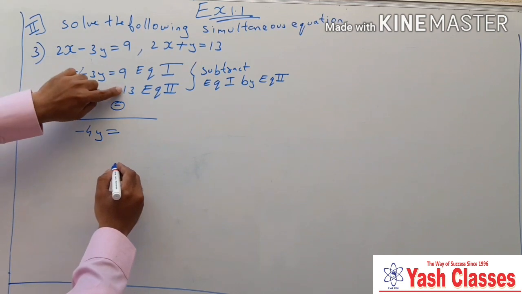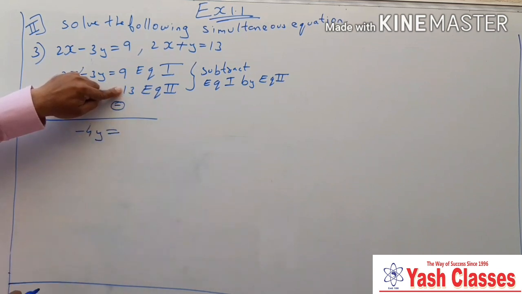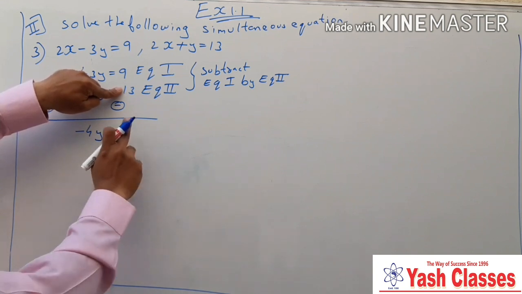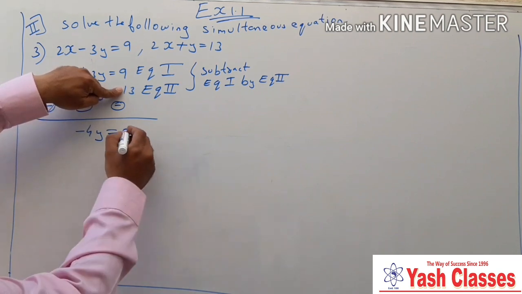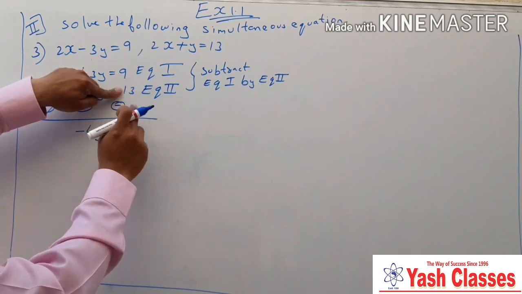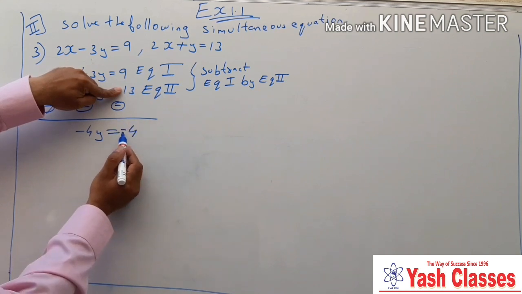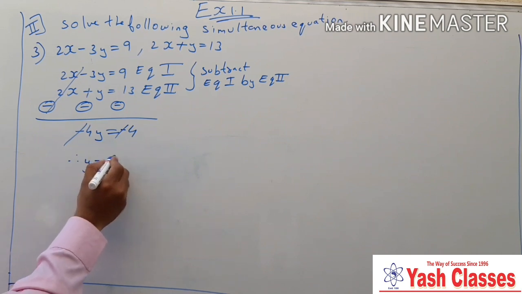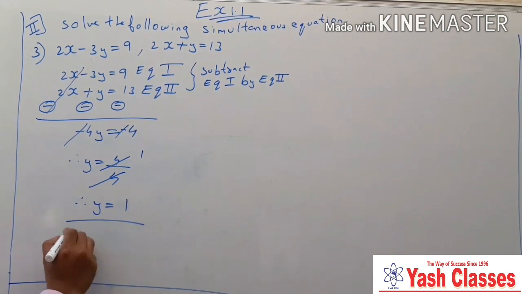Equal to, see here, plus 9 minus 13. Plus 9 minus 13. Why? There is no sign here, it's plus. So the value of plus sign is no more because minus sign is here. Minus 13 and plus 9. Minus 4. Why minus 4? Because 13 minus 9, 4. And bigger number is here 13. 13 minus sign is here. So minus minus cancel. Therefore y is equal to 4 upon 4. Cancel 1. Therefore y is equal to 1.